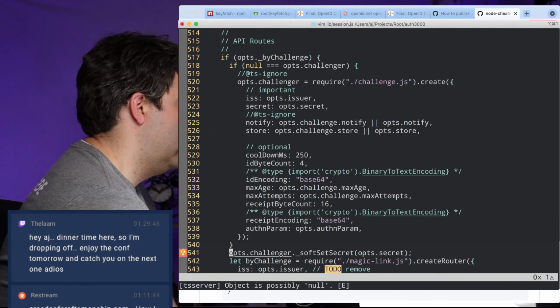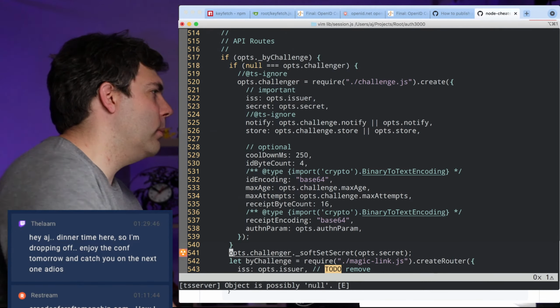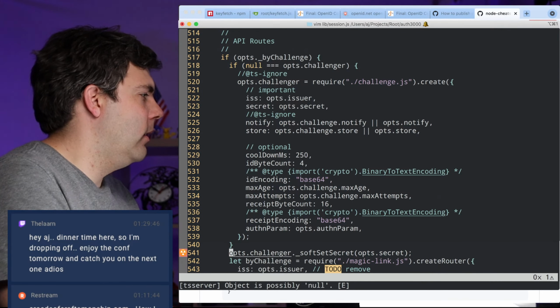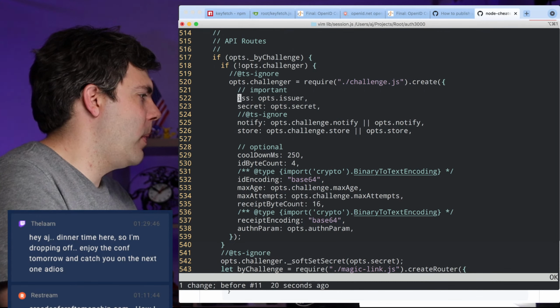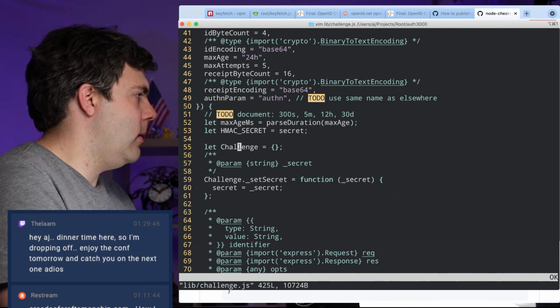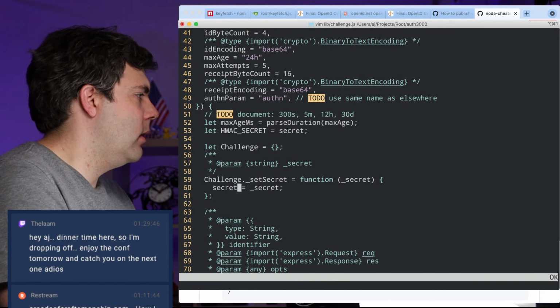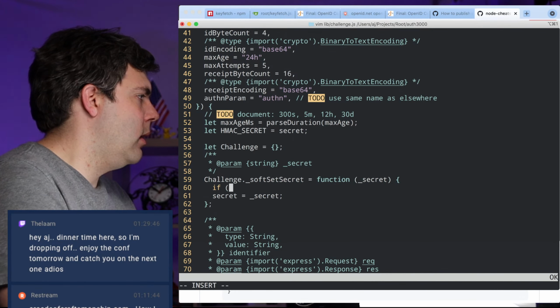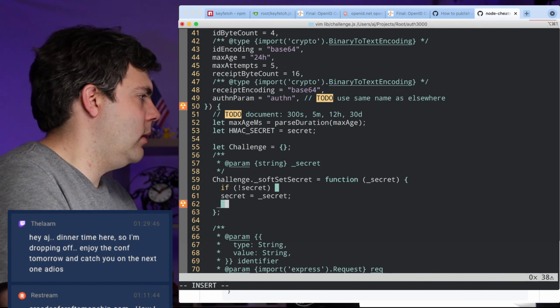That's ridiculous. Object is definitely not possibly null. I just checked if it's null, and I set it. Oh well. So offset secret is null. If not secret. There we go.